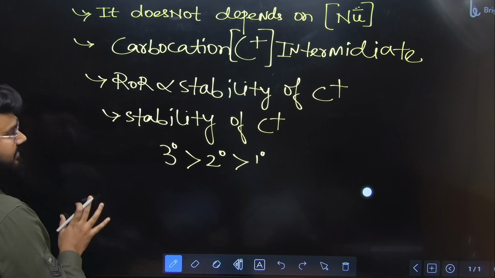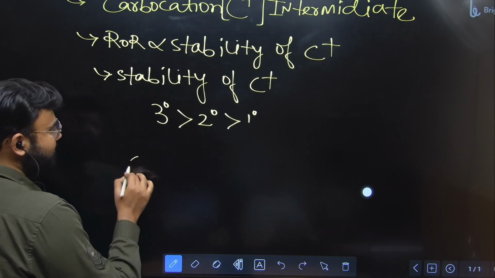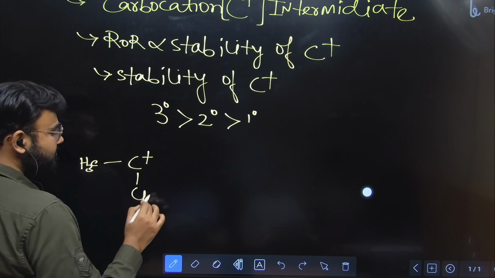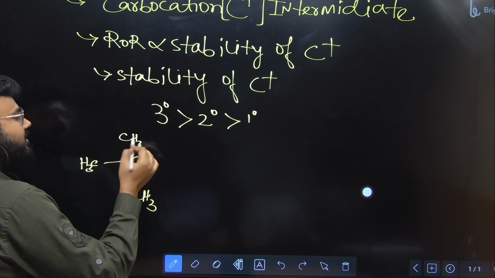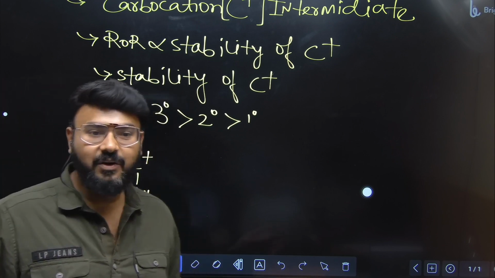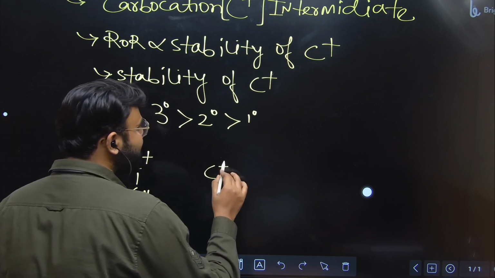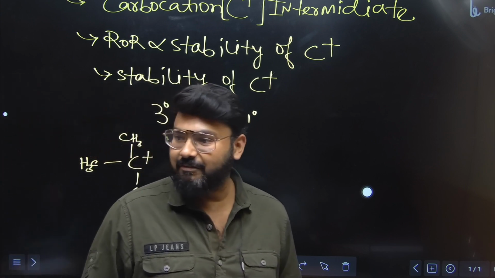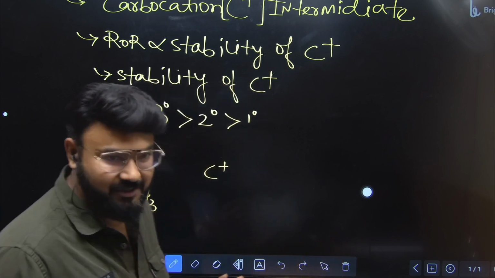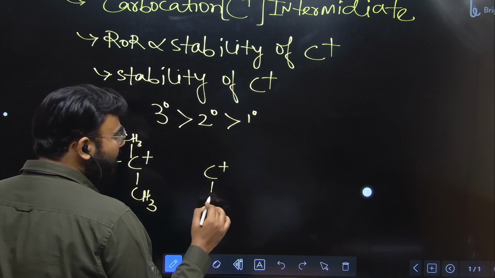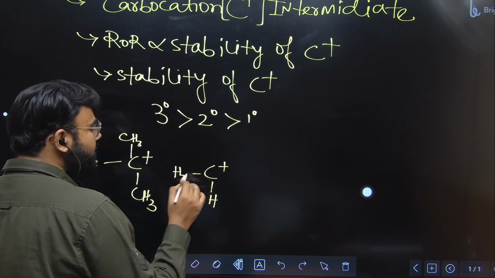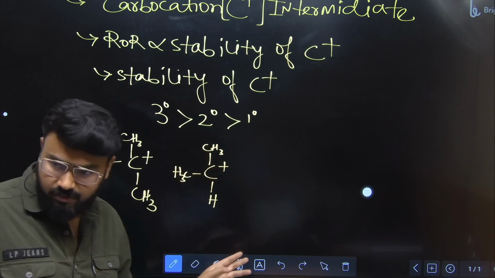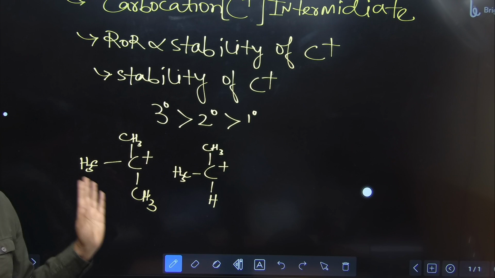The concept says first draw the structure. So let me show you a 3-degree carbocation. This is what we are going to discuss for the entrance classes. We will be focusing mainly on 11th, but that doesn't mean that when we are rushing for the 11th, you people forget 12th because the board is over. Don't do that. Now tell me, what degree is this one? The carbocation carbon is connected with two carbons, so it's 2 degree. Here, the carbocation carbon is connected with